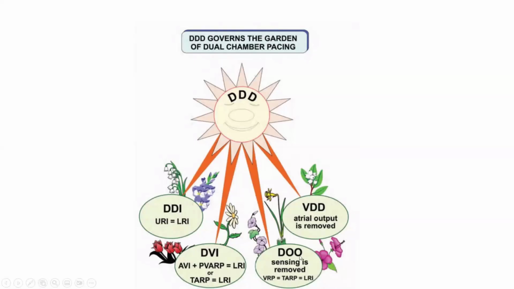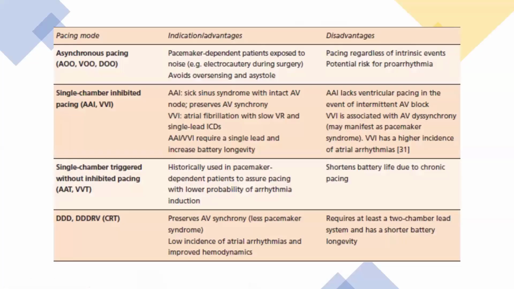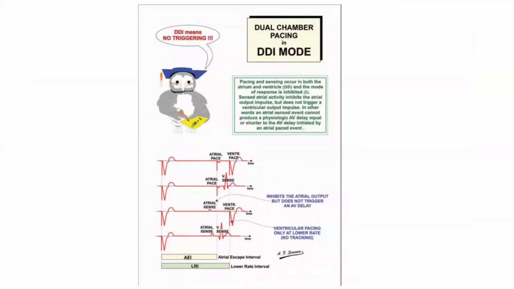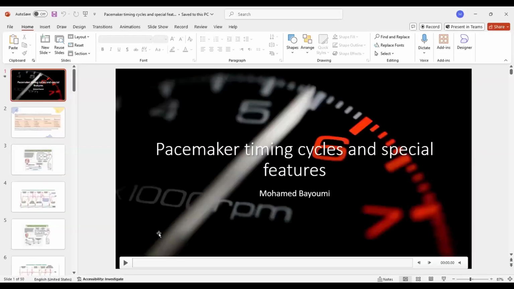DOO: D pacing both atrium and ventricle, OO not sensing, and there is no response to sensing. And this is a mode of just pacing. It's similar to VOO. Sometimes I use it if I am fearing interference, or the patient is going for an operation. DDI is like a VVI. We will not go into details now. So this is a rapid review, or a very, very rapid review, of the pacemaker and timing cycles. I hope it's good. I hope you enjoyed it, and I'm ready for any